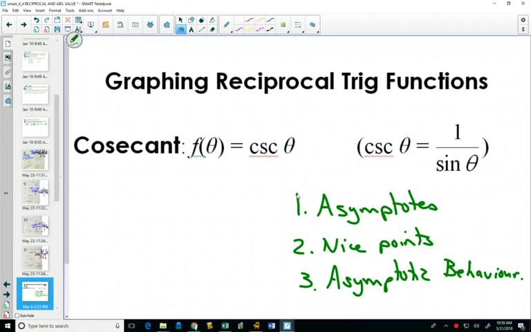So we're going to do the same thing with cosecant, secant, and cotangent, and we're going to find out that cotangent has a little special case involved in it. So I'll show you what that means. But first of all,